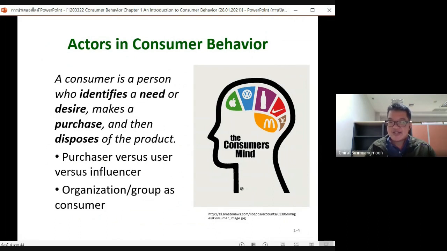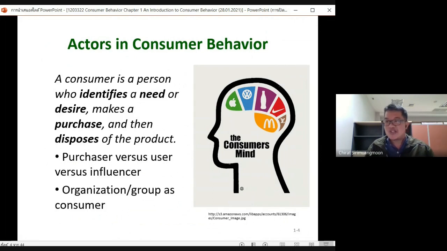Another thing is that the user and the influencer are also points we need to be concerned with. Because not all the time do you make a decision on your own; you also make decisions based on other people's suggestions, from your parents, from your friends. So you need to understand the effects of